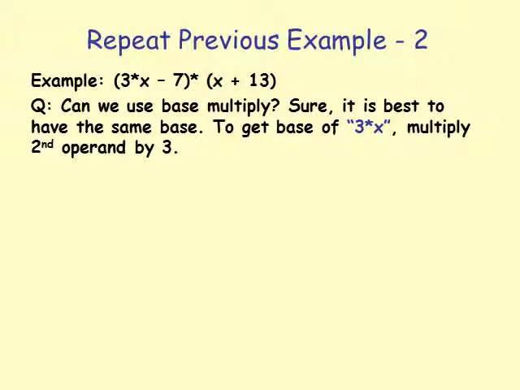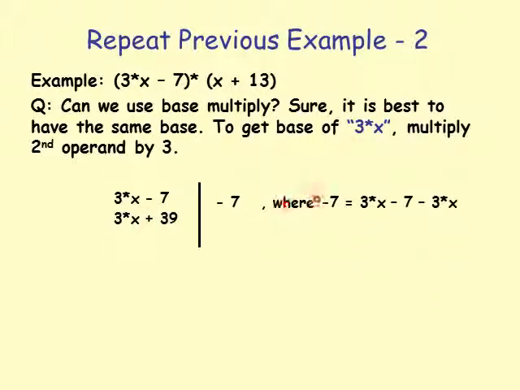In the end we would divide the result by 3. So we would do multiplication and division by 3. Let's continue. So here is my multiplicand, and this is my 3 times the multiplier. On the right I got minus 7. My base is 3x. I got minus 7 from the multiplicand minus base, which is minus 7. And the right side of second line is plus 39, which I got from